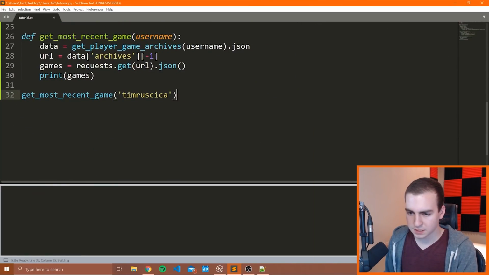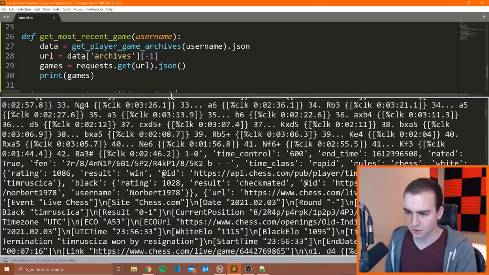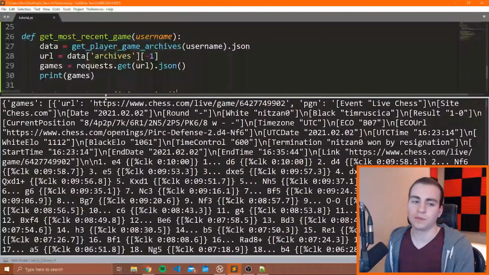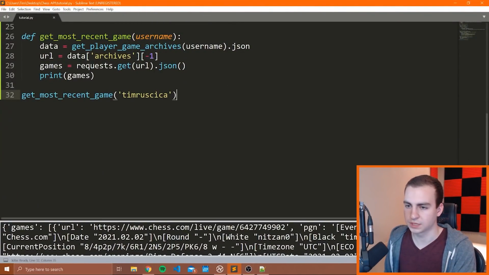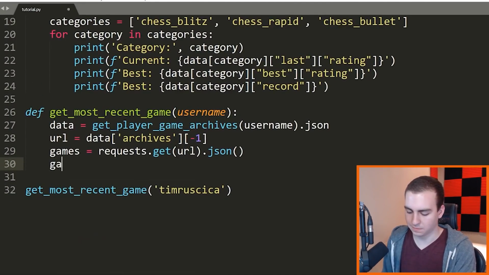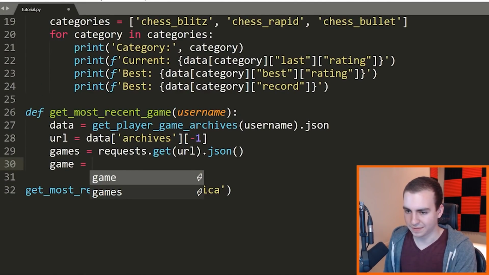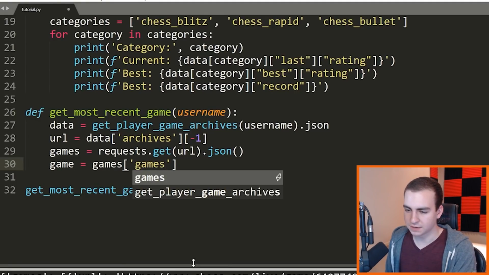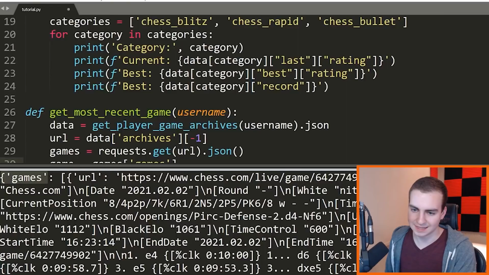All right, so let's run this. And now you're going to see that it gives us all of this data relating to the games that we've played. So now if we want to get the most recent game, what we would do is the following. We would say we want game, which is equal to games at the key games. The reason for that is that this is the key for our data that's being returned to us.